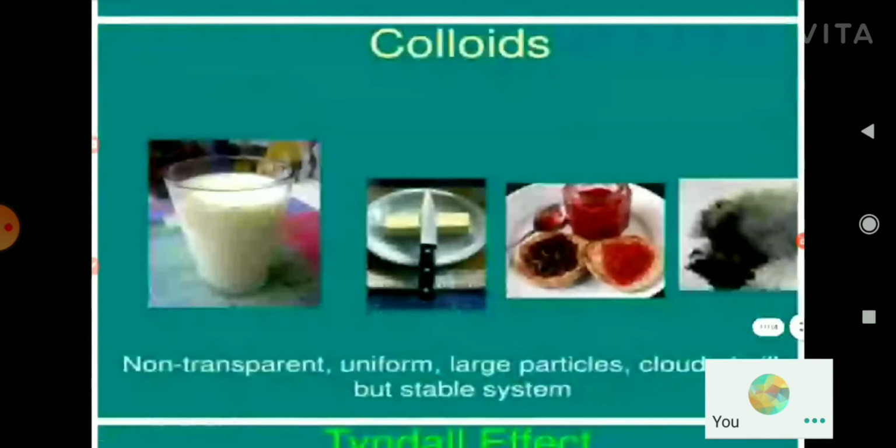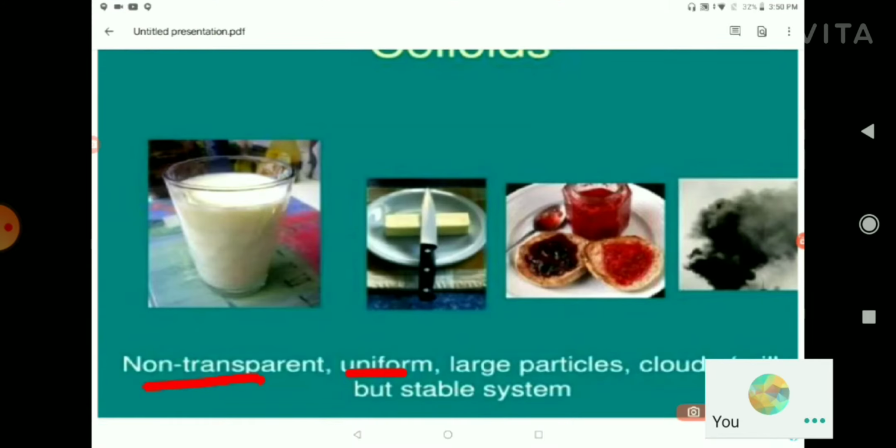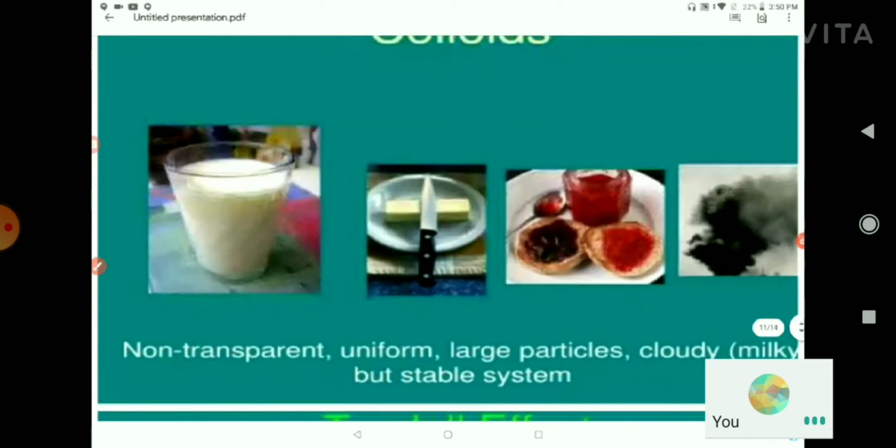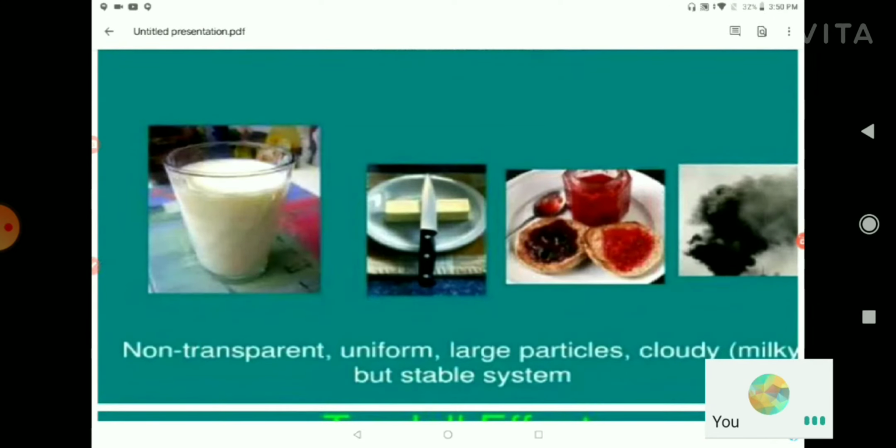So what are colloids? Colloidal solutions, or colloids, are heterogeneous solutions in which the solute particles neither dissolve nor settle down. Meaning it is not perfectly dissolved, nor is it sinking like in a suspension. Examples include substances that are non-transparent, uniform, with large particles, cloudy like milk. If we add milk and water, it will be like a colloidal solution. It will not mix and it will not sink either. So next topic,